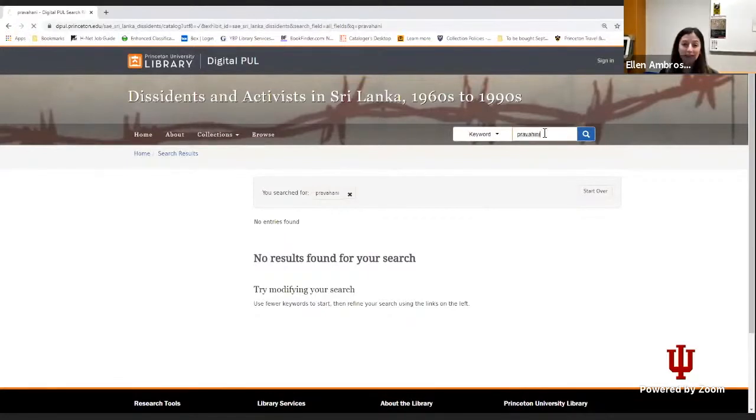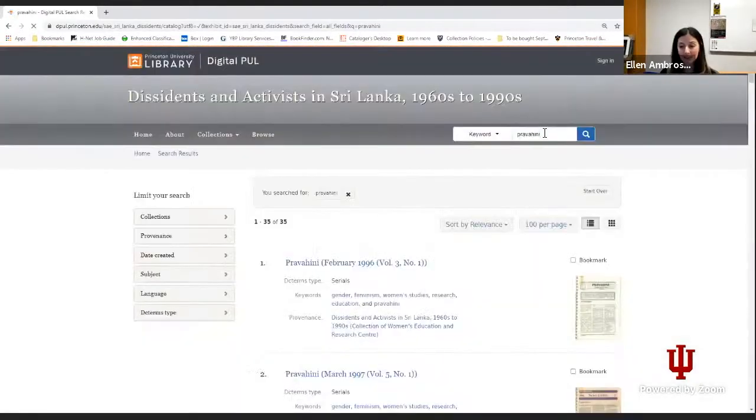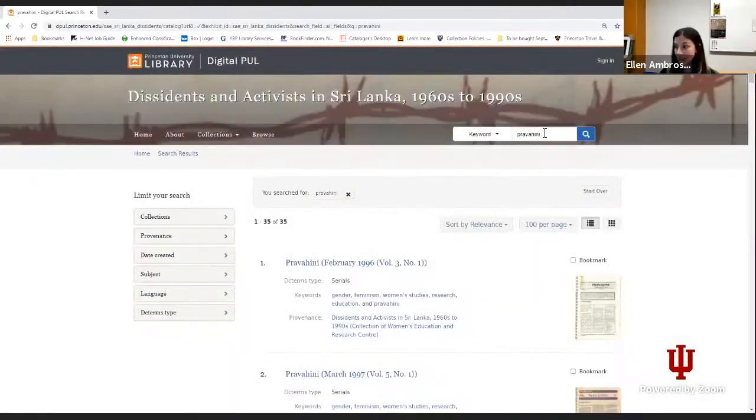To publish the serial in 3 languages. So it comes out in English, in Tamil, and in Sinhala. And this matters because the heart of this collection is really about resisting notions of rival ethno-nationalisms during this period in Sri Lanka. So if we take a look at the results that we get for the periodical, you can